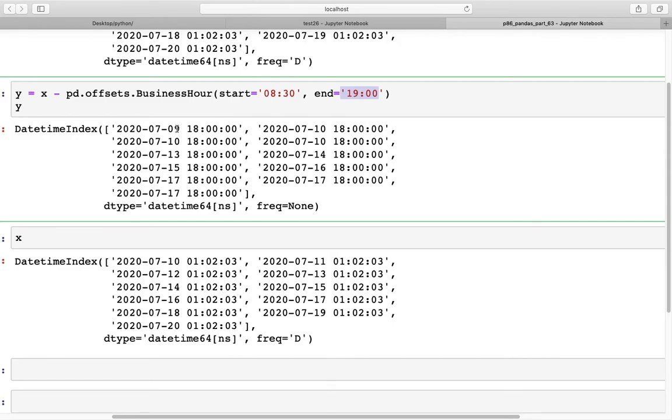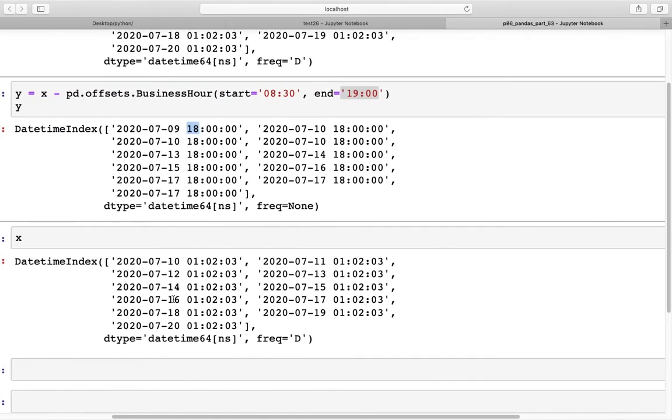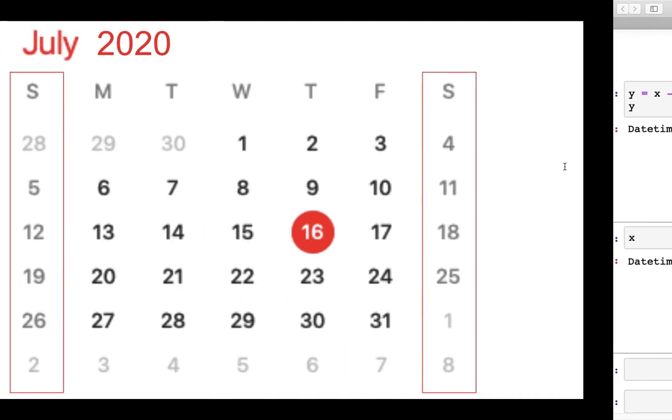So we move back to the 9th, and then from 19 we subtracted 1, so we have 1800 hours. So that's 6 o'clock in the evening. Similarly, if we are on, say, 13th, so let's find 13th here. So this is 13th. Now from 13th we would have to go back to previous Friday, and previous Friday again